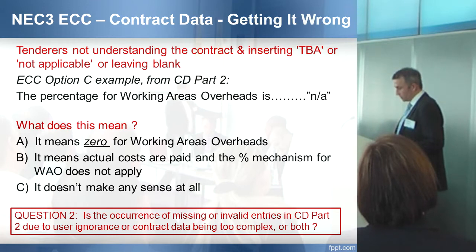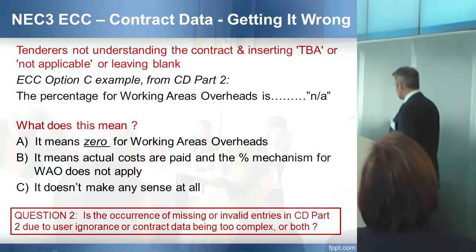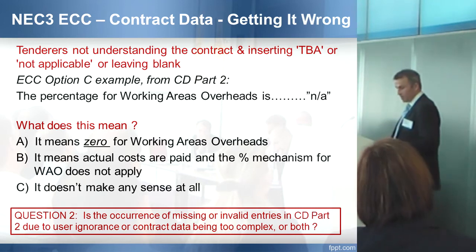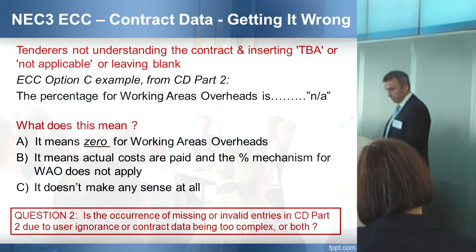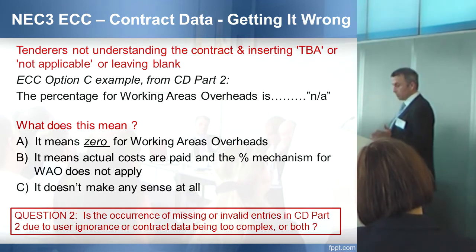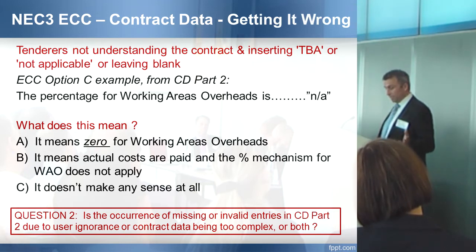So, first of all, tenderers not understanding the contract and inserting TBA, or not applicable, or leaving blank an entry in contract data part 2 that is required by the contract. For example, the percentage for working areas overheads is NA. Seen that